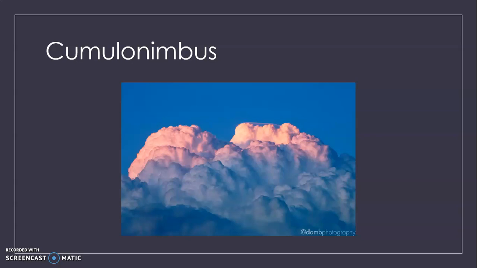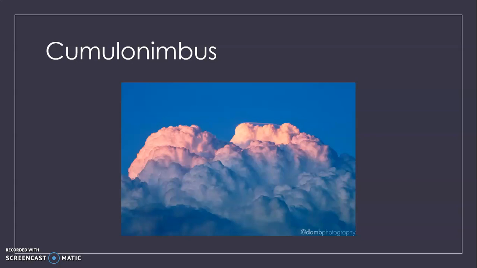Nimbostratus clouds bring continuous precipitation that can last for many hours. These low-level clouds are full of moisture. Cumulonimbus, as this picture shows here, clouds are also called thunderheads. Thunderheads produce rain, thunder, and lightning. Many cumulonimbus clouds occur along cold fronts,